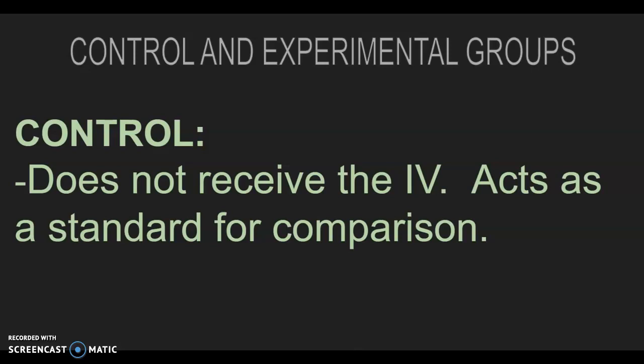Continuing on with the experiment of the scientific method, we're now going to talk about the groups, which are the control and experimental. So first we have the control group, and your control group does not receive the independent variable. So your control group is not manipulated, and because it's not manipulated, it acts as a standard for comparison. So sometimes when you're referring to a control group, you may say what they're providing is a baseline of data. So this baseline of data is something for you to work from, something for you to compare your experimental results